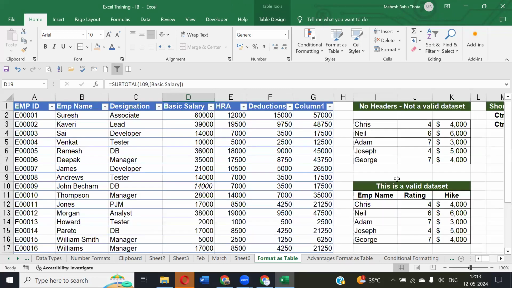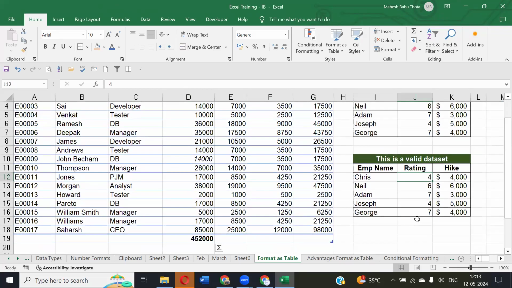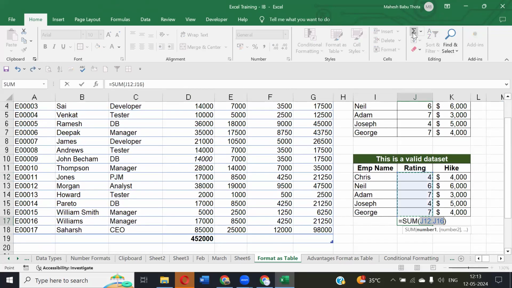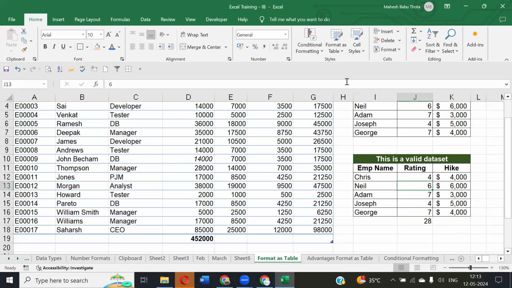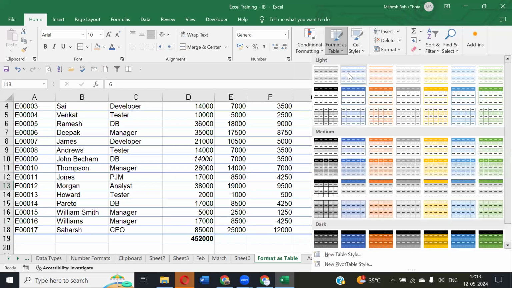But if it is not a table, I can't use all these options. Suppose here I apply the same formula. Can I use anything? Only it's sum. Can I change it to average? Can I change it to minimum? Can I change anything? We cannot change it. Suppose if I convert it into tables,